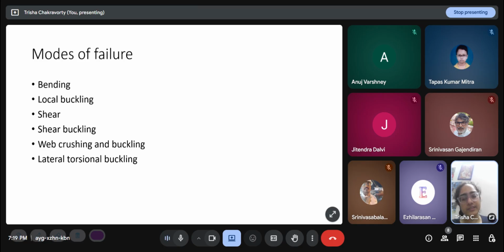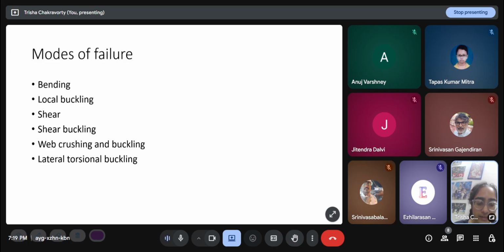There is an actual slenderness ratio calculation which we will see when we study compression members, because buckling is a phenomenon that only occurs under compression. When you're applying tension to a thin member, it is not going to buckle. When you push the two ends, it has a tendency to buckle. So all these buckling modes, but then again, buckling does not occur only when the whole member is in compression.